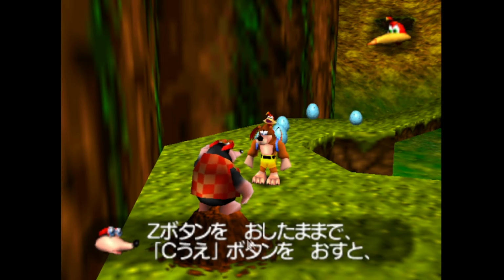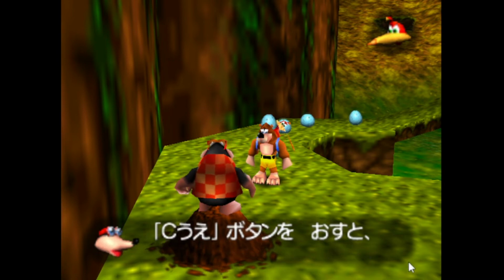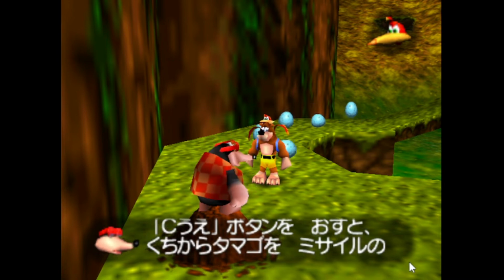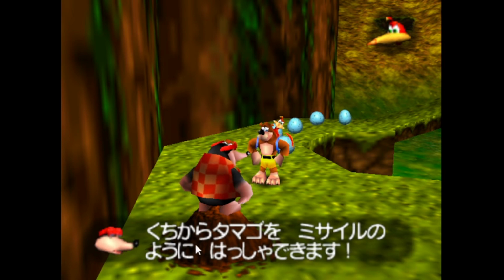Z botan wo oshita mama de, so we've got this thing going on again. While in the state of pressing the Z button, shi ue botan wo osu to, press the C up button, or if you press the C up button, kuchi kara tamago o misairu no you ni hassha dekimasu. So kuchi is mouth, so from the mouth.